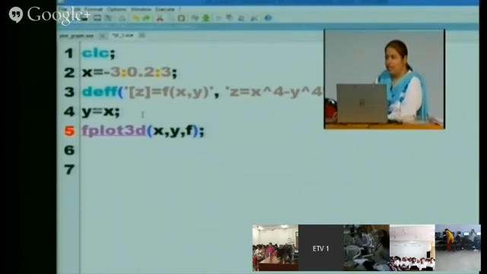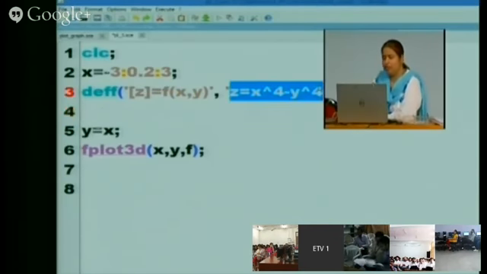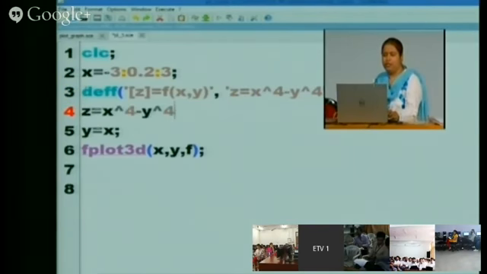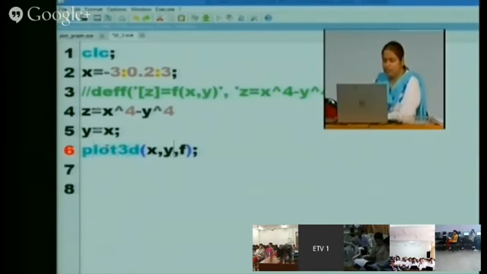If I have written it like this, z is equal to, this is the value of z we are calculating. If I am writing like this, then the syntax will be like this. Okay, right ma'am.